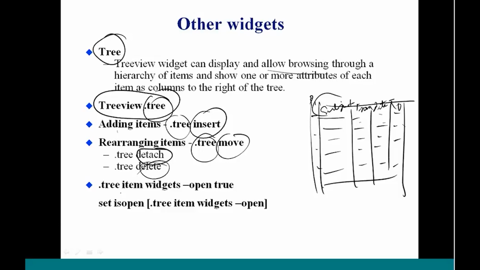Then we can open widgets basically. So that is like the set is open command. First we need to specify whether it is open is true, and then set is open to open the widget. And then by opening the widget we can now add stuff into it, delete stuff, query stuff, things like that. So this is another widget that we never talked about in the previous lecture, but I just want you to know